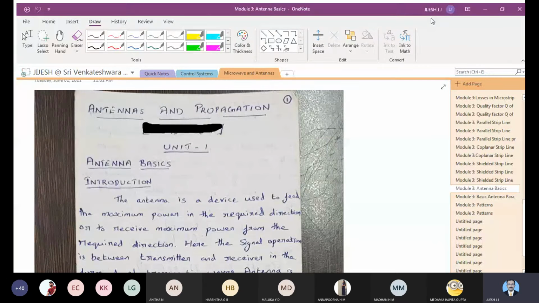Now you might have observed in your home also, most of you will have dish antennas. When there is some rain or anything, your channel gets disturbed because noise gets added to the signal, and you are not able to view it. So you have to change the direction. You might have seen that the dish antenna has to be turned to a particular direction so that you receive the maximum strength.